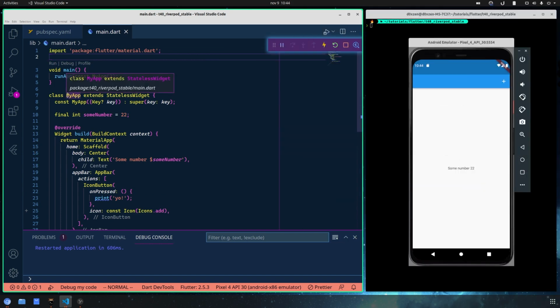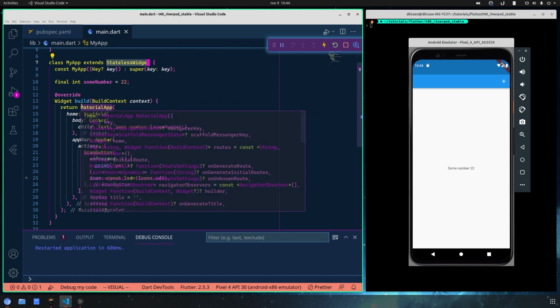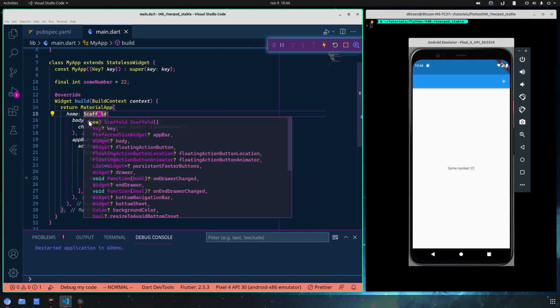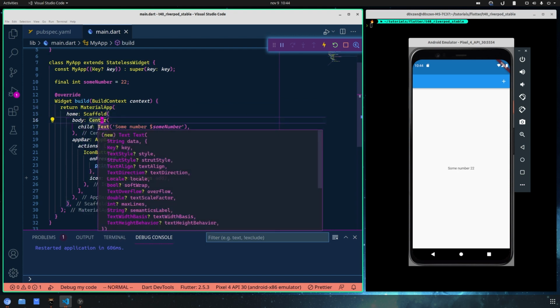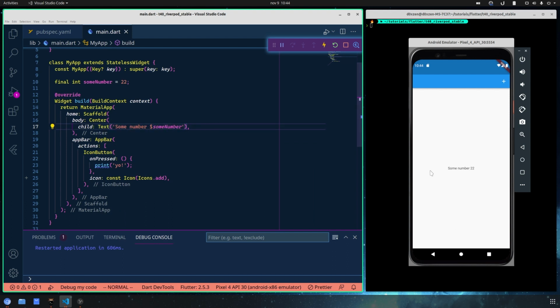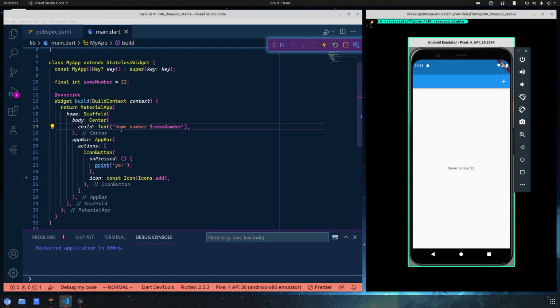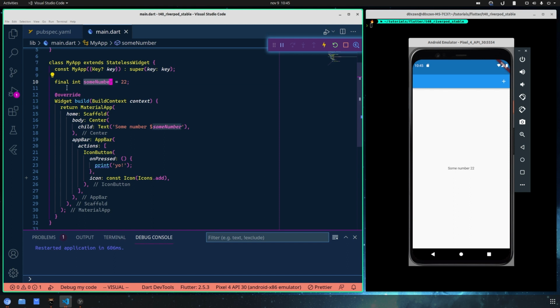So here on the main.dart I have deleted everything. I have created a new stateless widget where I use the material app, scaffold, and the center widget to center this text here, as you can see here. And inside this text, I print a simple variable, an integer called some number that I define right here. And yeah, it is really simple. I print this text with some number and